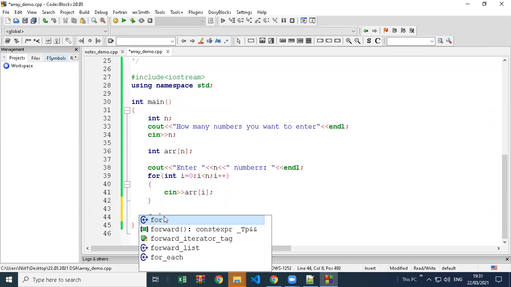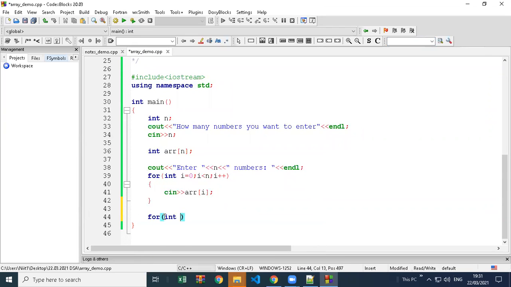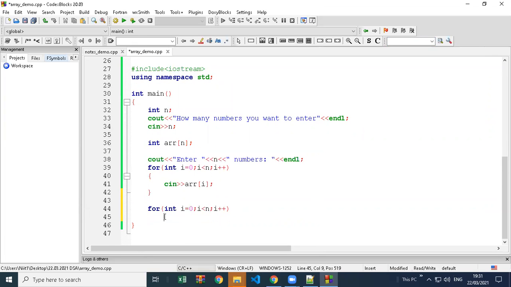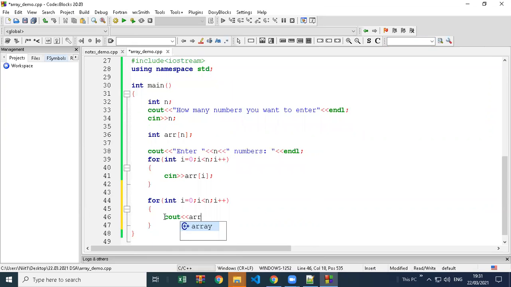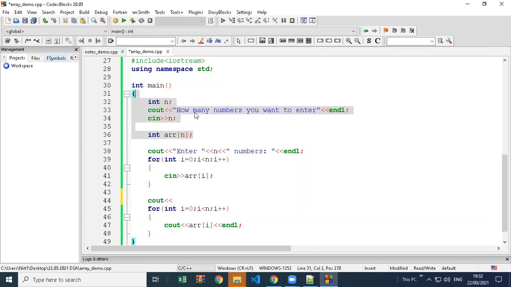Just to check whether data is entered in the array or not, I will print the same data as it is, just to check whether data is inserted or not. So the same code that maybe you have used before to store data taken from the user and print it can be used. Only this was a different thing which we have to focus on.